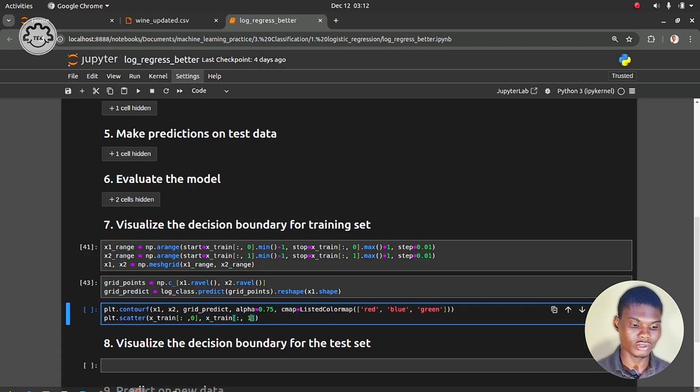This is the first column 0, second column 1. Okay, so I'm going to set the color c equal to y_train,